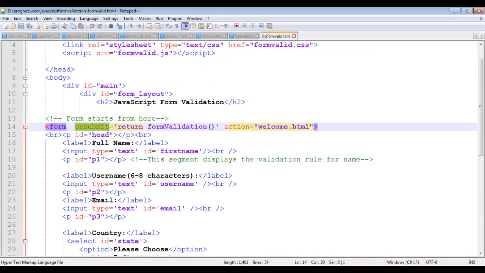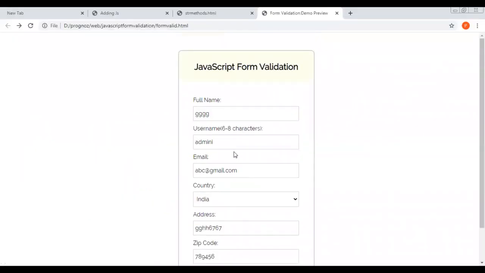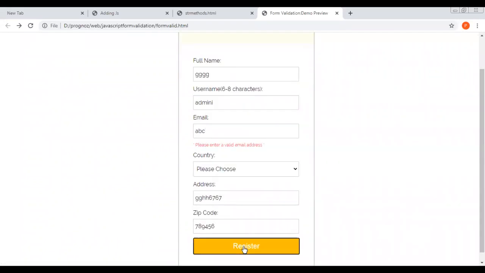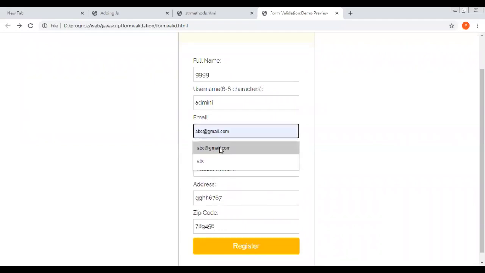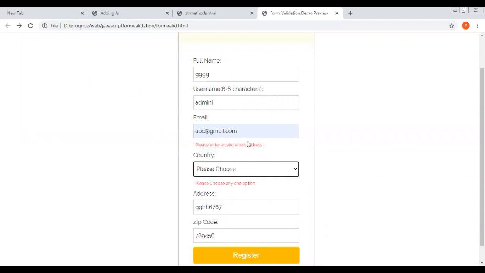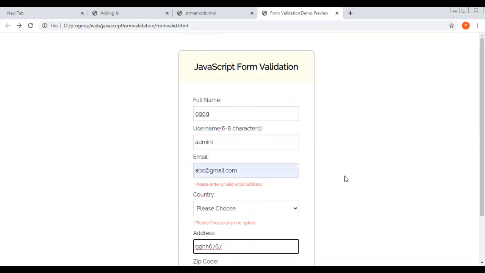If this function returns true, then the onsubmit event will occur and it will submit that form. Else it will return false and the form will not be submitted. This is how client-side validation can be applied using JavaScript. I have already explained how this client-side validation works, like you can see for email ID, for this country. But you can see we have to go stepwise as I have used ladder if. Okay, understood the client-side validation concept?